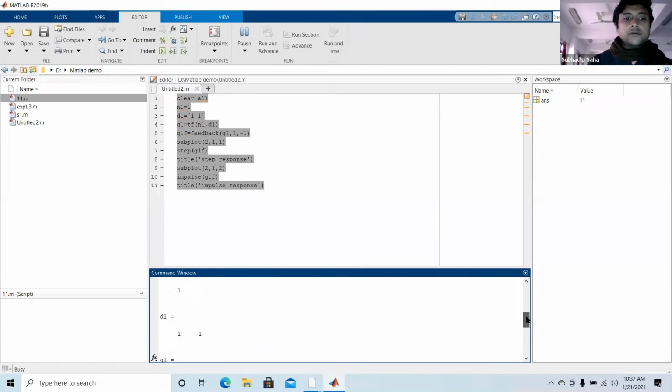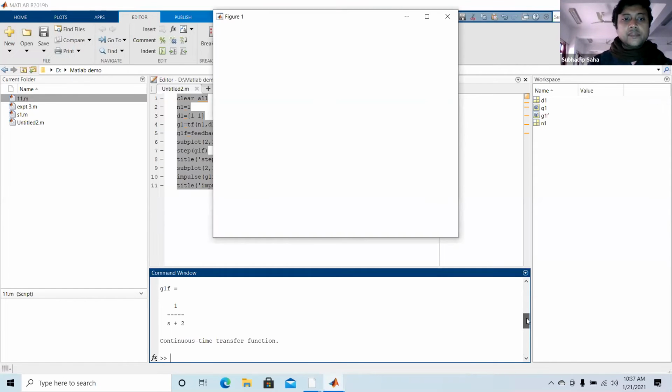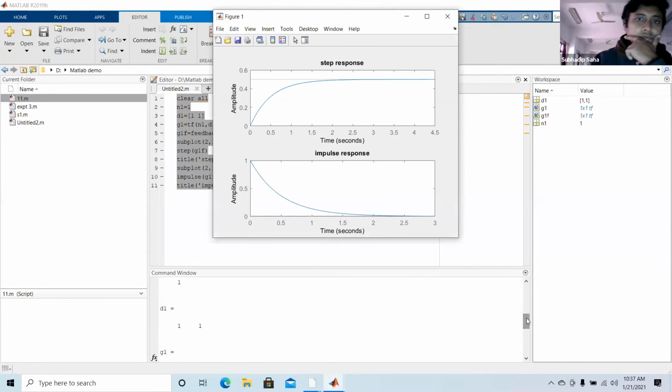N1 equals 1, D1 equals 1. You can see in the bottom portion, and the graph is coming now. Now see, is it visible to you, the graphs? Yes, sir. Okay.